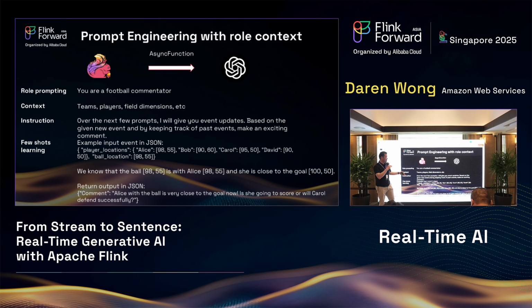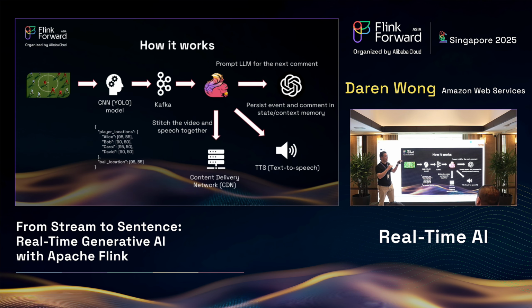And lastly, we tell it to return the output in the JSON that we want. This is how we help it to produce data in a structured format. So this is the initial prompt. It's only done once per game to just set the scene. Okay. Now, in the next slide, we are going to see what happens when the game finally begins.